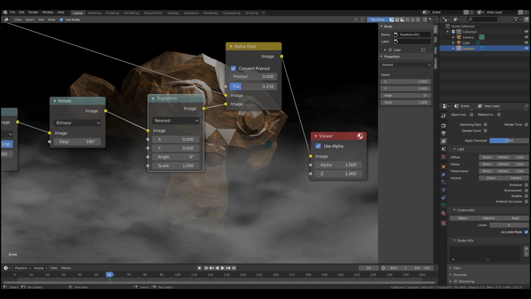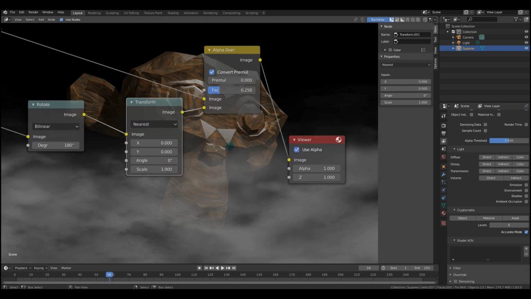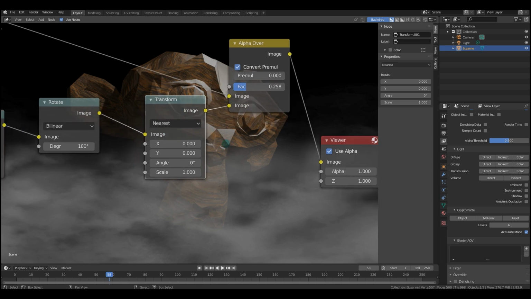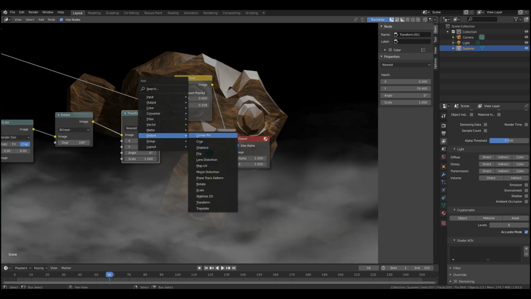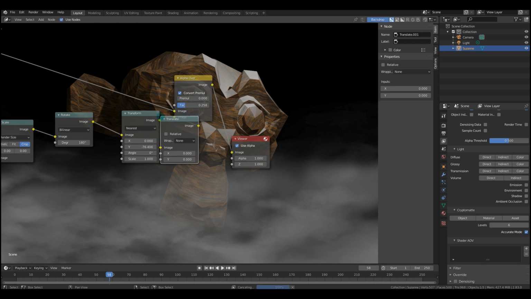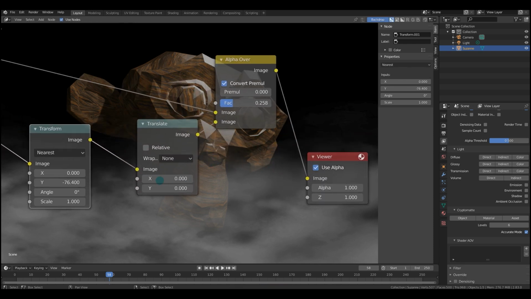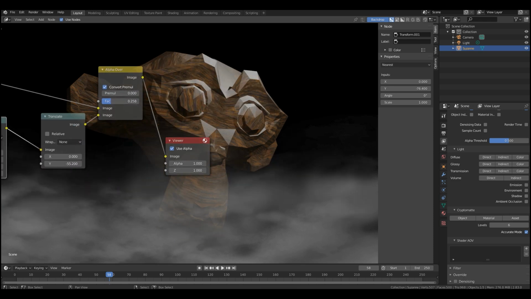Stabilize 2D node stabilizes input footage according to movie clip stabilization settings. The Transform node is a combination of scale, rotate, and translate nodes. It is useful for keeping a clean workspace where multiple of those nodes can be combined into one. And finally, the Translate node, which is the third of the nodes that is combined into the Transform node. You've got the X and Y values in here, which allow you to transform your elements on a pixel basis.